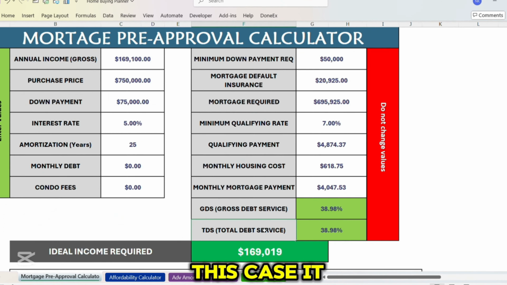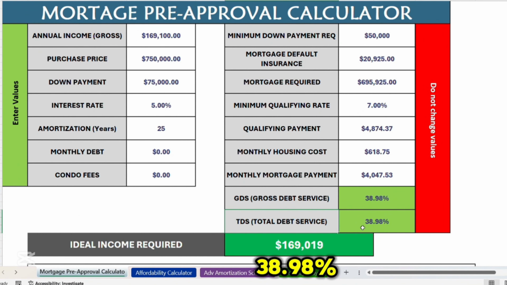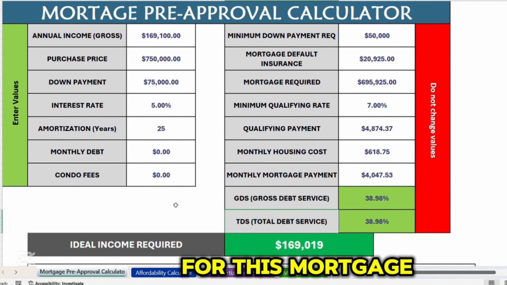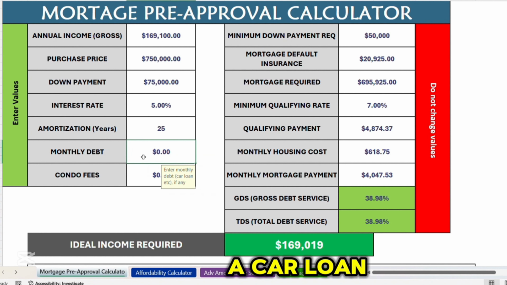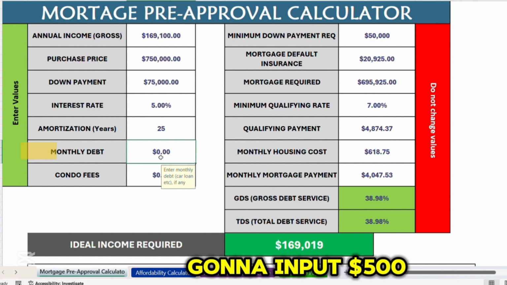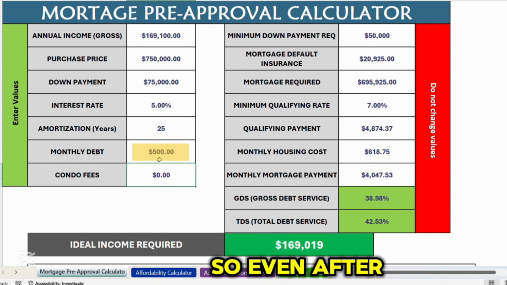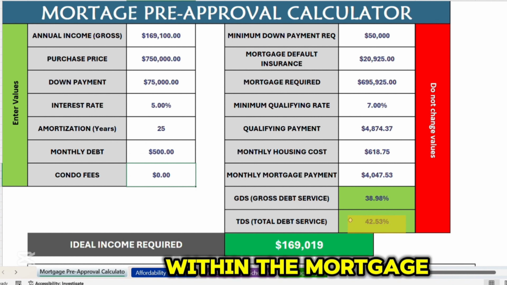So now in this case, it is sitting at 38.98%. It means even if we have any monthly debt payment, we can still be getting approved for this mortgage of $695,925. Let's assume in this case that you have a car loan payment of $500 a month. So under the monthly debt, I'm going to input $500. So even after putting $500, the TDS is coming out to be 42.53%, which is well within the mortgage standards,